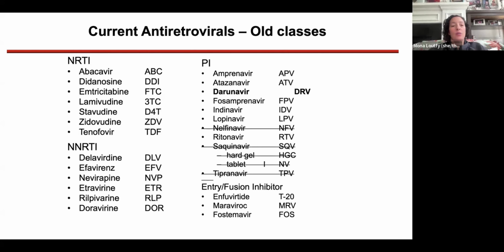So when dolutegravir is with lamivudine 3TC, it's called Dovato. And before Dovato even came out, another two drug regimen came out where the dolutegravir was combined with rilpivirine, which you can see as the second last one in the NNRTI, and that is called